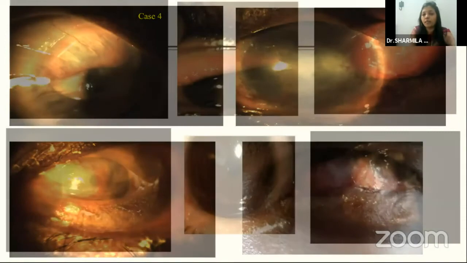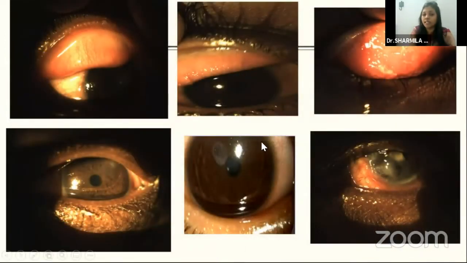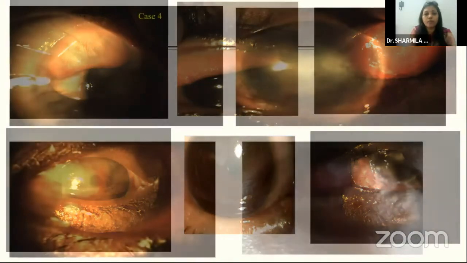So we use the step-ladder approach for treating VKC. We can start off with mast cell stabilizers and then topical cyclosporin or tacrolimus. And this case wouldn't have gone into a limbal stem cell deficiency if the patient had been put on systemic steroids and topical tacrolimus or cyclosporin. So it's very essential to start systemic steroid, systemic immunosuppression in severe cases of VKC.